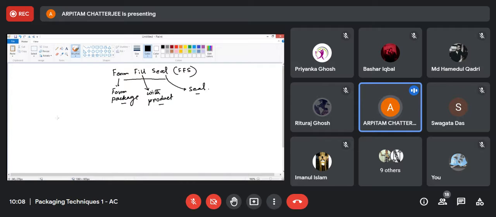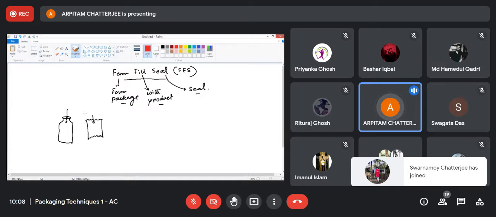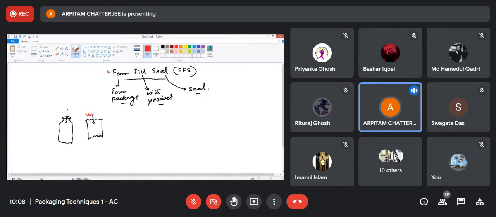It's not that, in many cases, say for example in the case of a bottle, you can make the bottle first and then fill it with the product. But think of something like a shampoo sachet. In that case, it is not possible that you form the sachet and then fill it. So to accomplish this kind of product packaging, we use the form, fill, seal process, where these three things happen in one go.